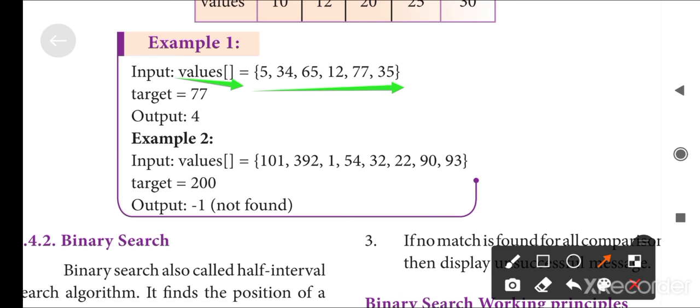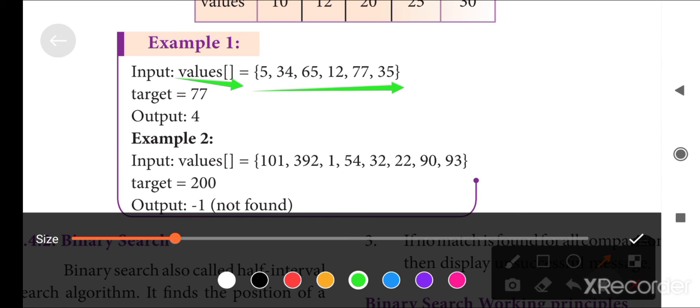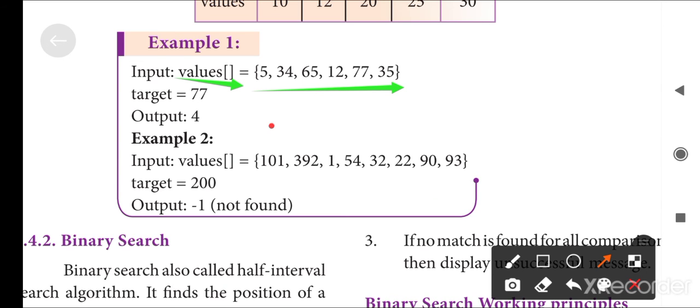If we want the value 12, the output is 3, because the value 5 has index 0, 34 has index 1, 65 has index 2, and 12 has index 3.